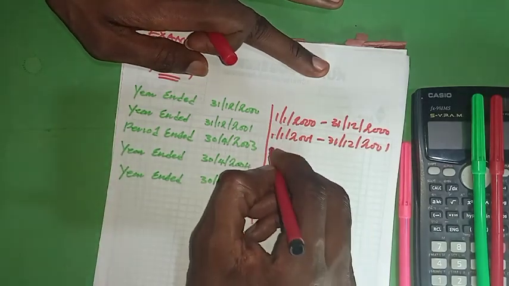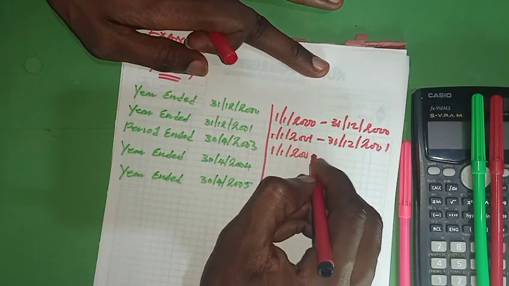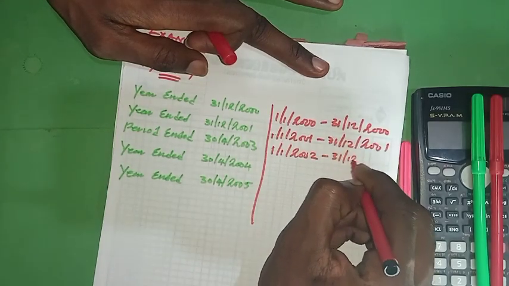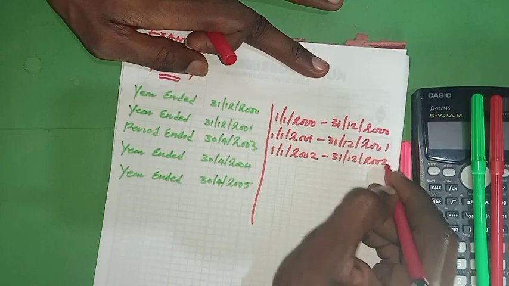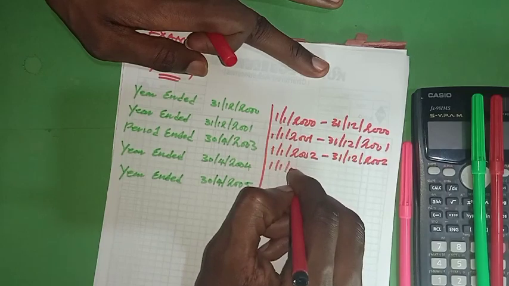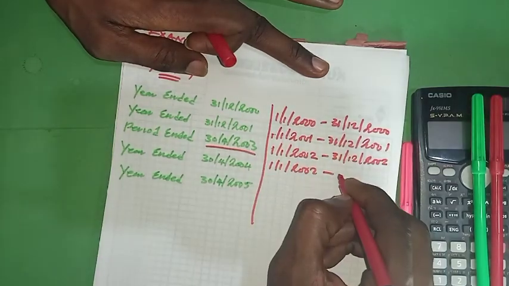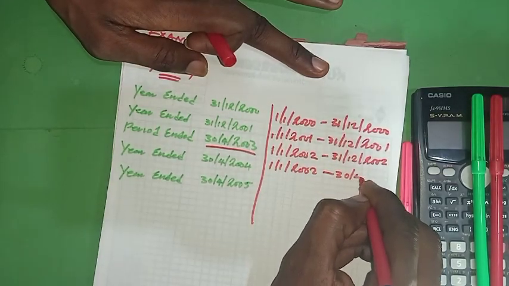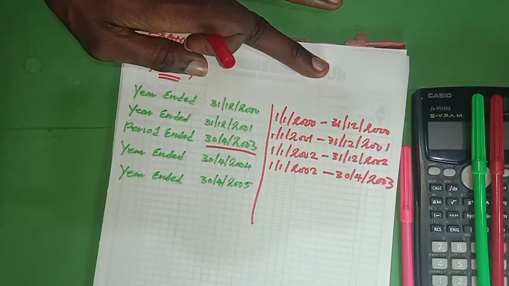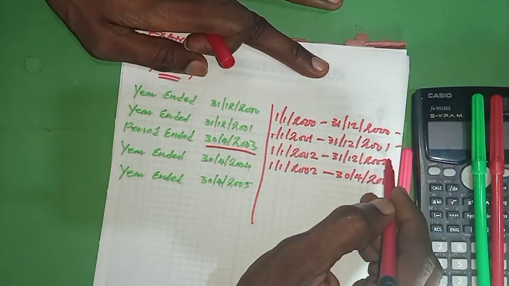Now instead of them to prepare an account of 1st December 2002 to 31st December 2002, they now prepare an account of 1st December 2002 to 30th April 23. So they maintain their account here, maintain it here, but instead of them to prepare this,